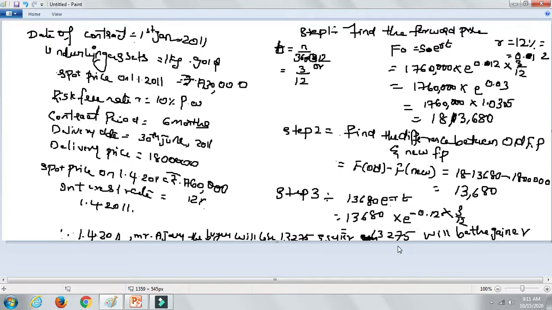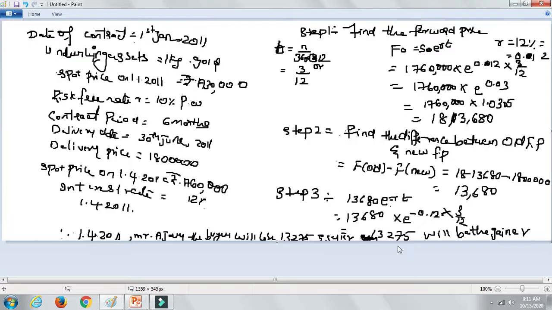Ajay is paying more, whereas Vijay is getting the benefit. So in these contracts, it depends upon the market. Depending upon the market, they'll get a benefit or a loss. If they are being benefited, they are being benefited. If they are in a loss, they will be in a loss. If they enter into the contract, it depends upon the market who will be benefited and who will be at a loss. So over here,